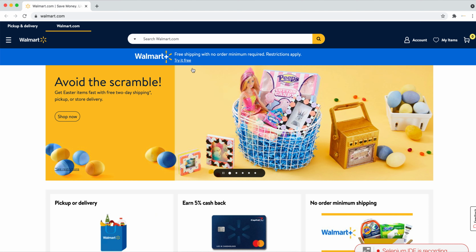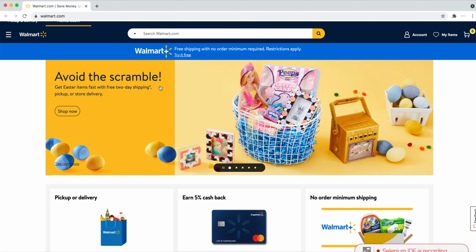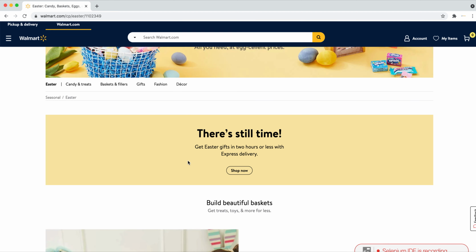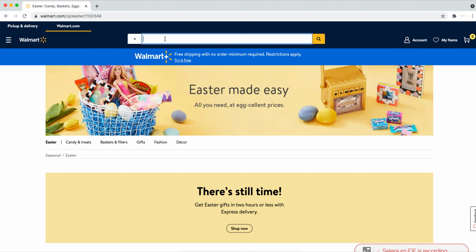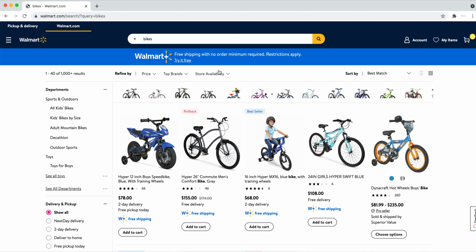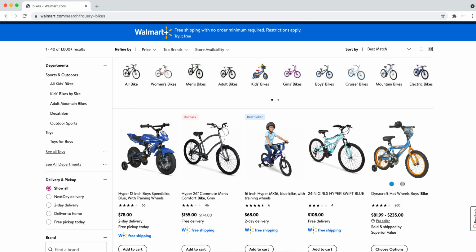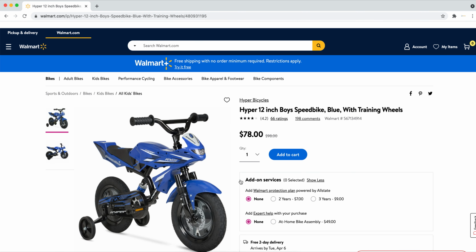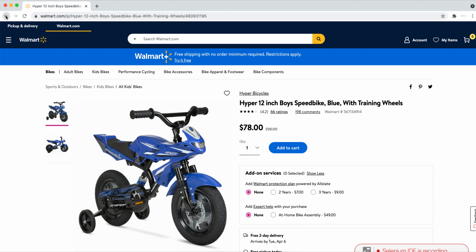Now I'm seeing the landing page. I'm going to shop now. I clicked on shop now, and I'm going to search. I'm searching for bikes, and I'm clicking search. I got a few bikes, and I clicked on this bike, but I didn't like it, so I went back.